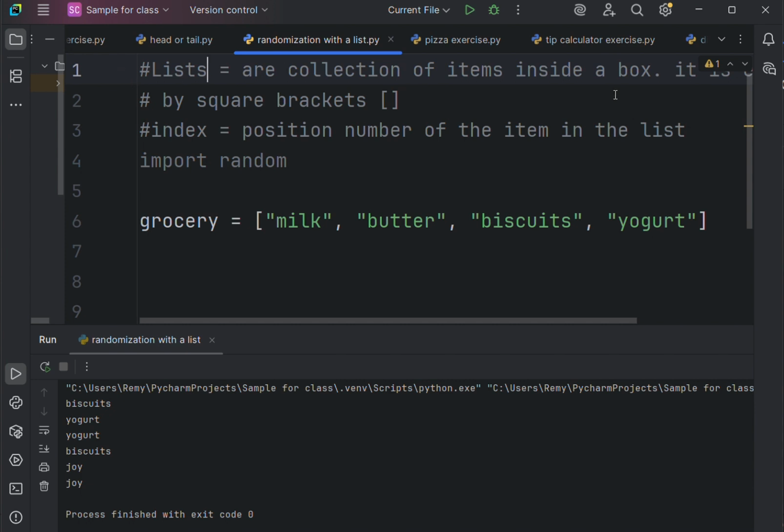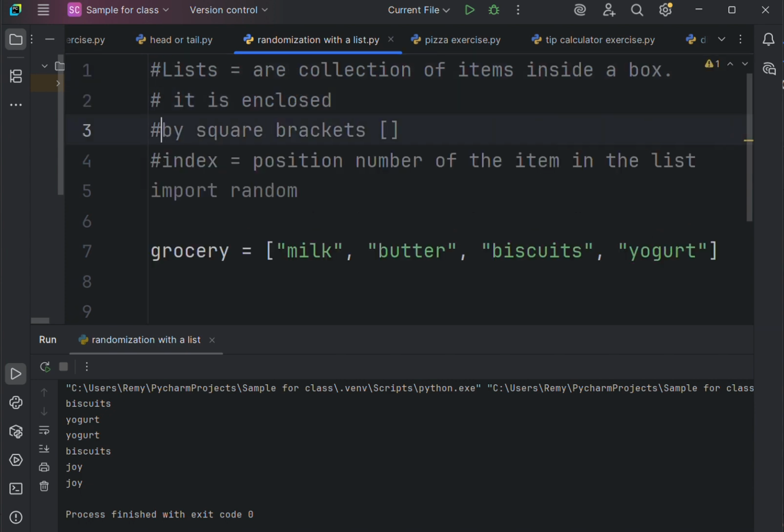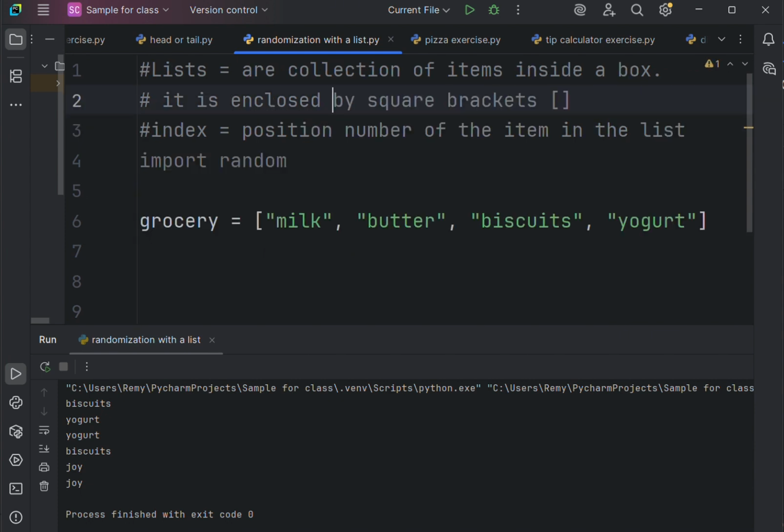Okay, so this collection of items is actually enclosed inside square brackets. Square brackets look like this one. I'm highlighting it right now. All right. So, for example, this one, I have written it in advance. This grocery list, very common to us women, is a list. The grocery list contains milk, butter, biscuit, yogurt. So I have 4 items on the list.